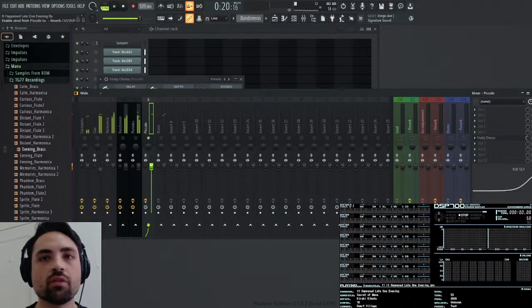And this one can also have reverb, but I think I want it to have more reverb.